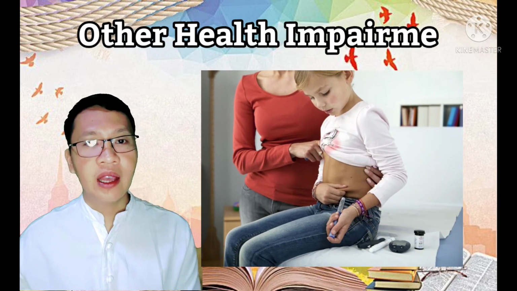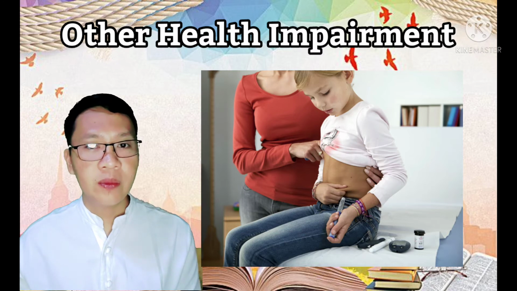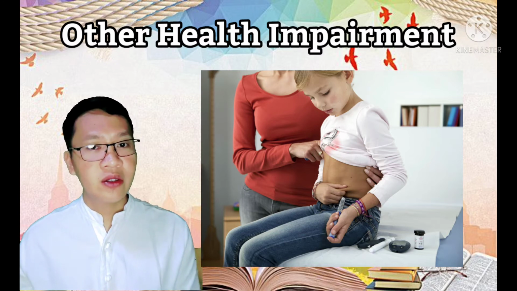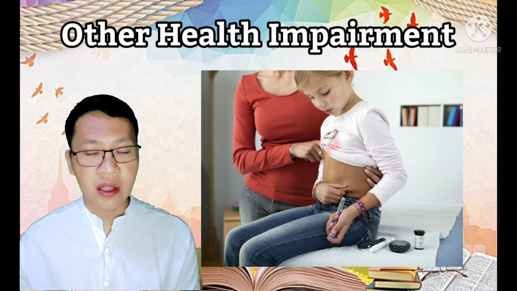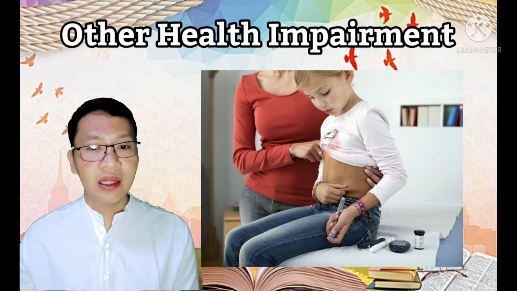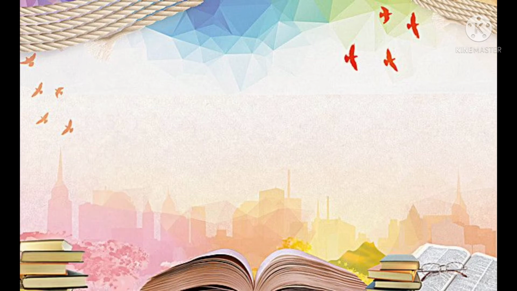Other health impairment, having limited strength, vitality, or alertness, including a heightened alertness to environmental stimuli that results in limited alertness. Allow for flexibility in shortening or modifying certain assignments, adjust the lighting in the classroom to reduce the risk of seizures, provide regularly scheduled breaks, and give step-by-step directions verbally and in writing.